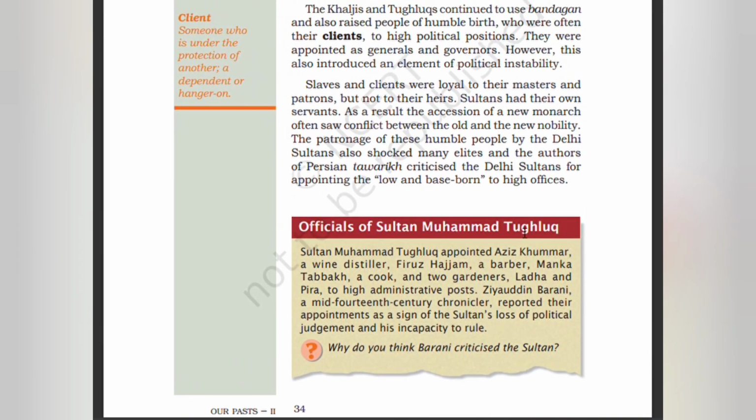Officials of Sultan Muhammad Tughlaq. Sultan Muhammad Tughlaq appointed Aziz Kumar, a wine distiller, Firuz Hajam, a barber, Manga Tabak, a cook, and two gardeners, Lada and Pirai, to high administrative posts. Ziauddin Barani, a mid-14th century chronicler, reported the appointments as a sign of the Sultan's loss of political judgment and